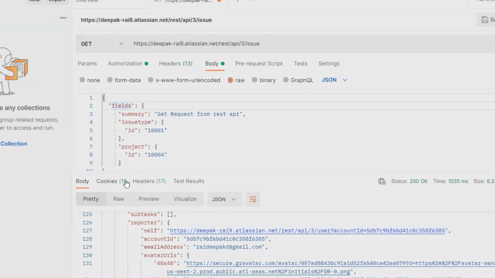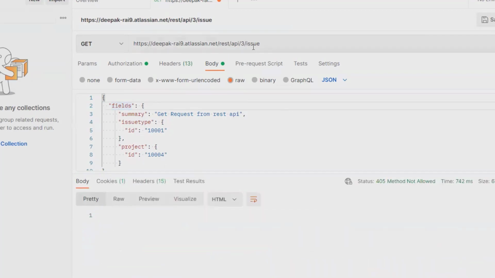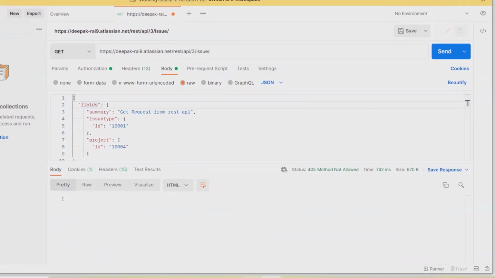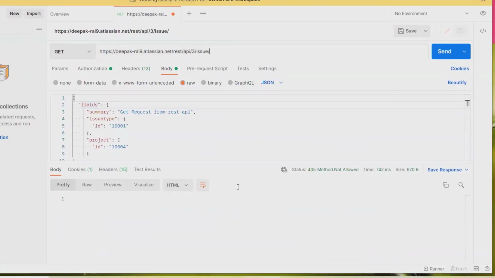So when I send this request, you can see I'm not getting anything here. Suppose I include the defect number as well, like this defect number, SSP-24. Once I include this, I am able to get a response.